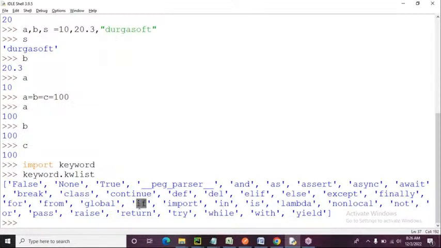We use if for conditional statements, while for loops, for loops, return, object. try and except are the two keywords which will be used in exception handling. def is to define a function, assert is to validate a particular content. Break and continue, pass, all these are